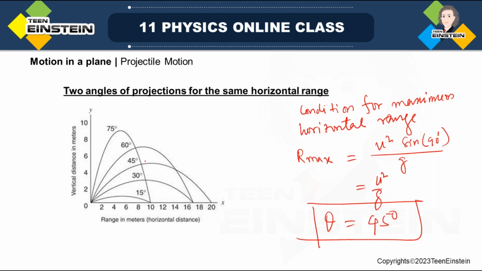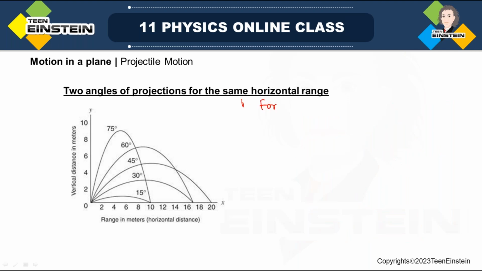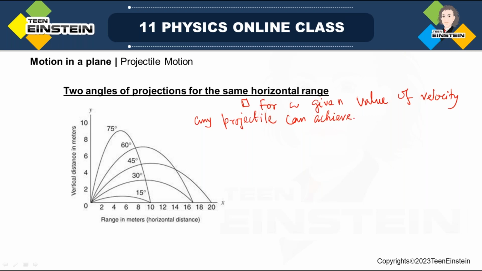You can be very much surprised to see that for a given velocity, for a given value of velocity, any projectile can achieve or cover the same horizontal range